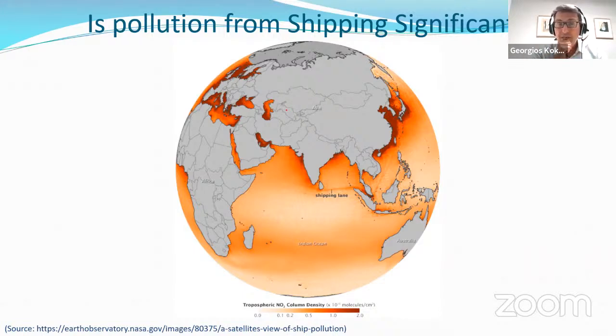And what do you see? You see that around ports, I mean, this is a composite image of the tropospheric nitrogen dioxide as it is observed from satellites. And you will see increased concentration of this tropospheric nitrogen dioxide, but you will see also a few routes in the middle of the ocean